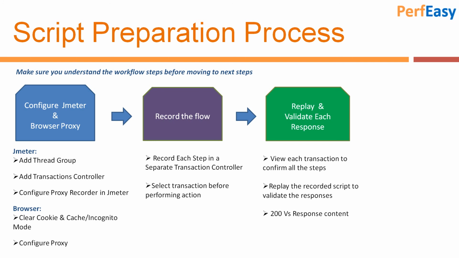So the tool would record that flow or those requests. Make sure to disable or delete those transactions or requests that were incorrectly captured, and confirm that all the screens are properly recorded in our relevant transaction steps or transaction controllers. Now replay the recorded script and do the same activities. Check every response to make sure that we are sending the correct request and getting the correct response or not. Here we need to understand the difference.